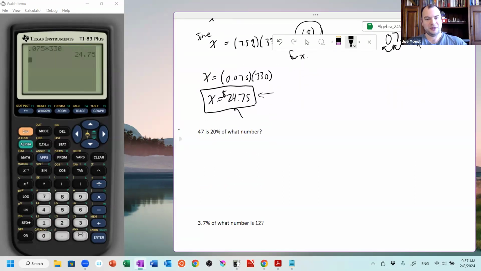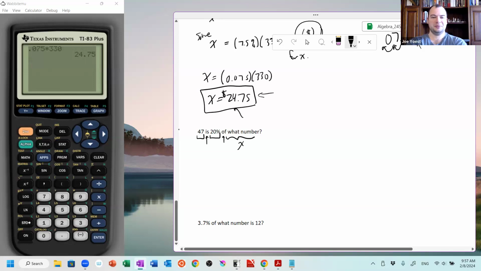Okay, so the next one, here we have 47 is 20% of what number? So 47 is 20% of what number? We'll call that X. All right, so I have 47 equals